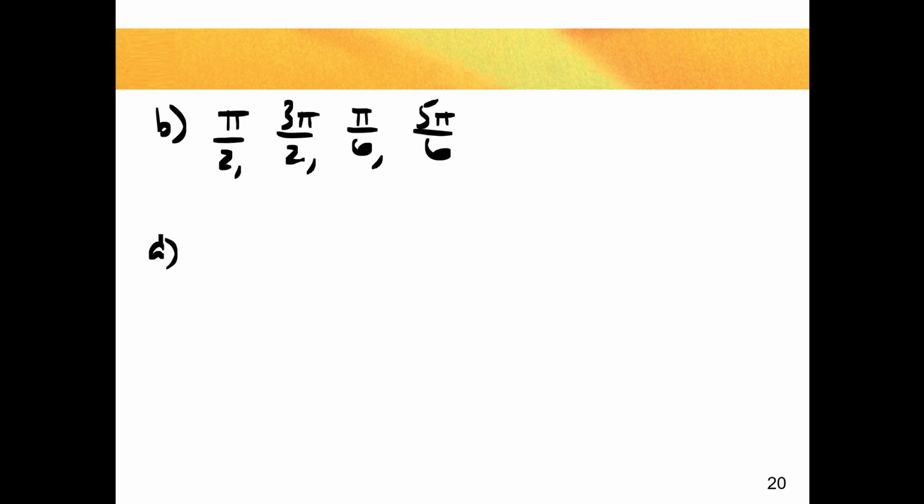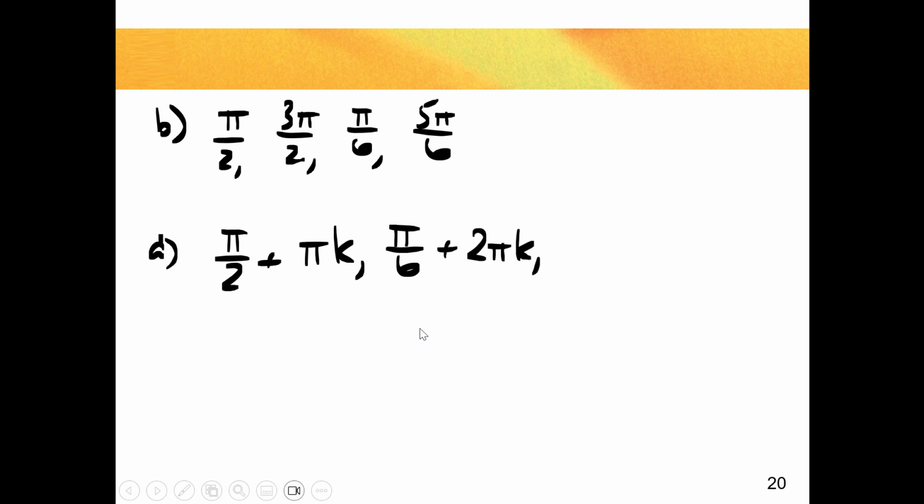And then what we do is we write all the answers. So we got to go pi over 2 plus, oh, you know what I can do? I can kind of combine these guys together. Aren't they exactly half a rotation away from each other? Yeah. So instead of writing pi over 2 plus 2 pi k and then 3 pi over 2 plus 2 pi k, I can combine these and just say pi over 2 plus pi k. But these guys I'd have to do individually because they're not half a circle away from each other. These guys, pi over 6 plus 2 pi k, 5 pi over 6 plus 2 pi k make full rotations,